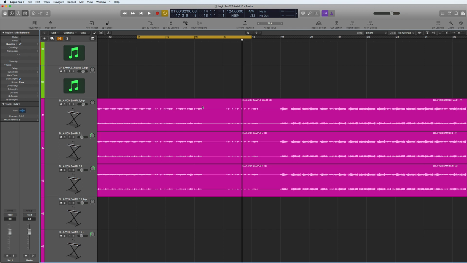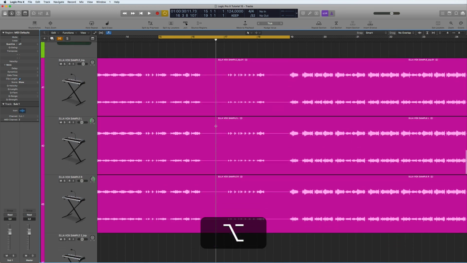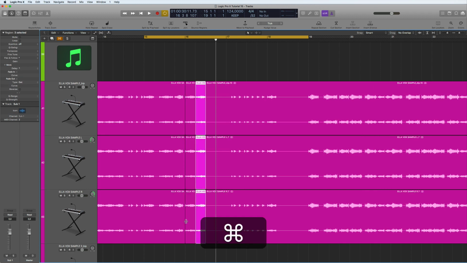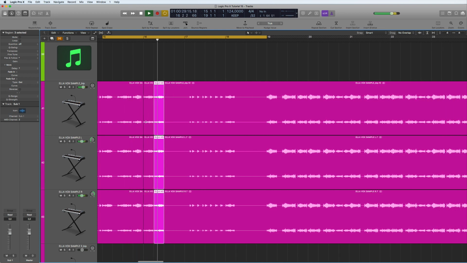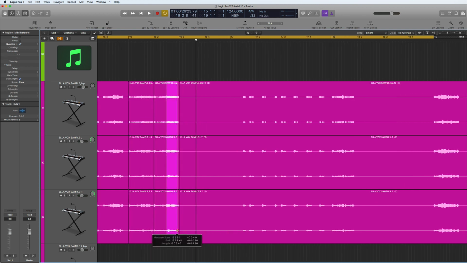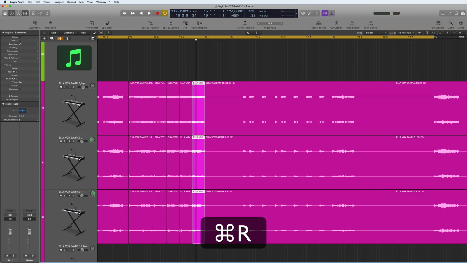So let's start having a look at how to do a stutter effect here. It kind of stops there. So what I'm going to do here is make this a little bit bigger so we can work with this. Now select here like so, and now I can just go Command R, do that twice, and that gives us just a slight effect on the end. And then what I'll do is again select from here to here, and this time I'll go twice,